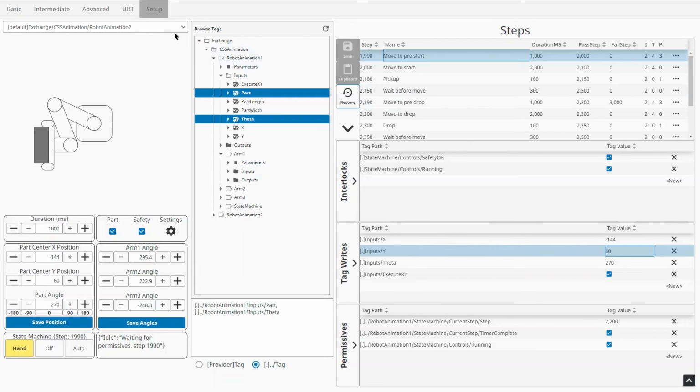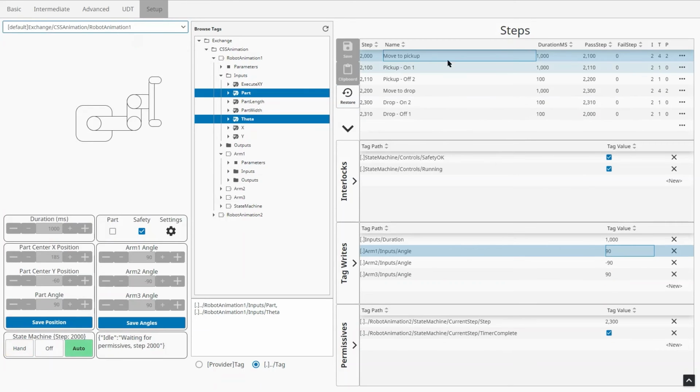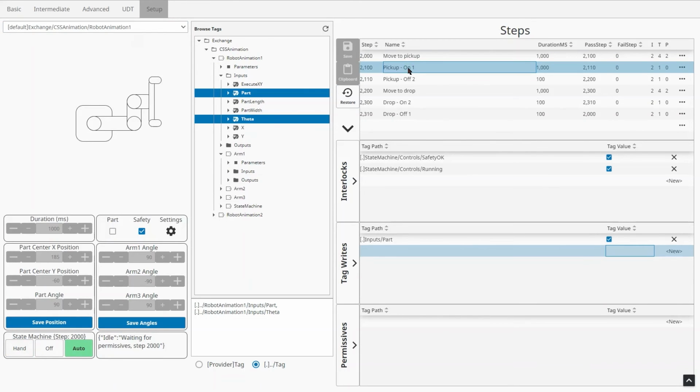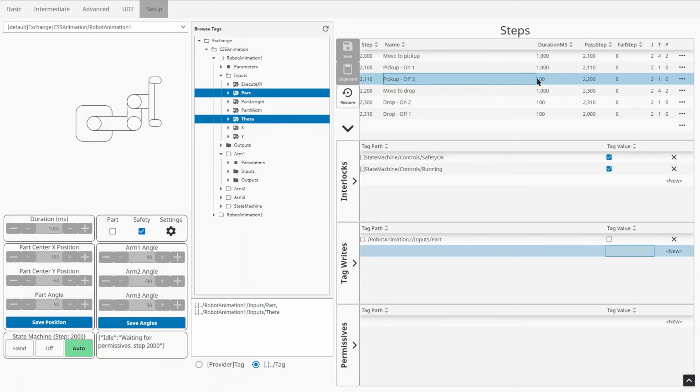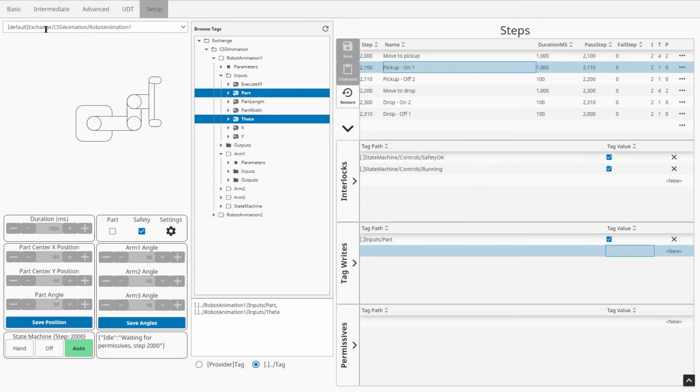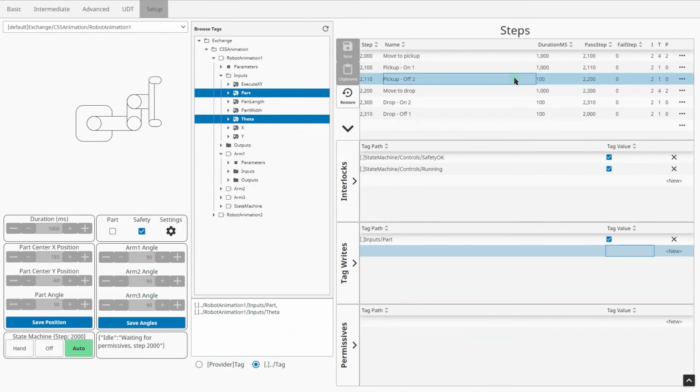Let's take a look at how the part handling is actually done in here. There's 2 steps, and you can see that this step is 1 second long and this step is 100 milliseconds long. One of them turns on the part for robot 1 for itself, and 100 milliseconds later it turns off the part for part 2. We actually want a slight overlap here, just so you don't have glitchy behavior where you see the part disappear for a split second.